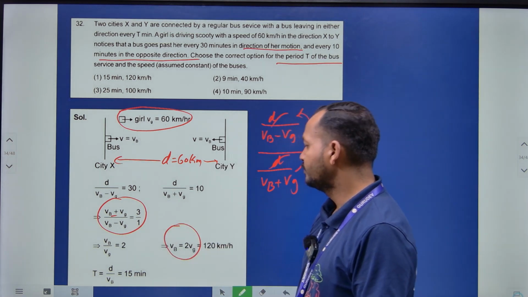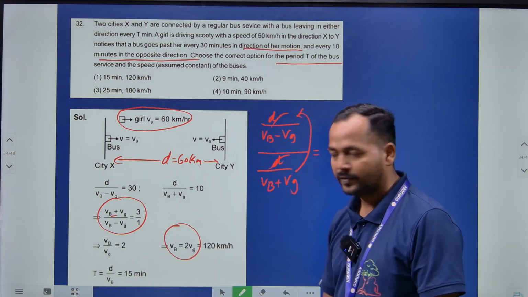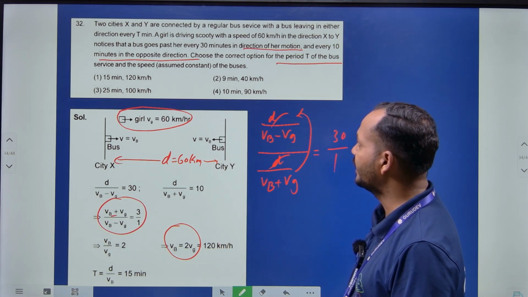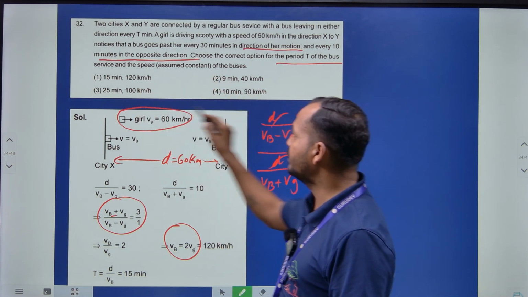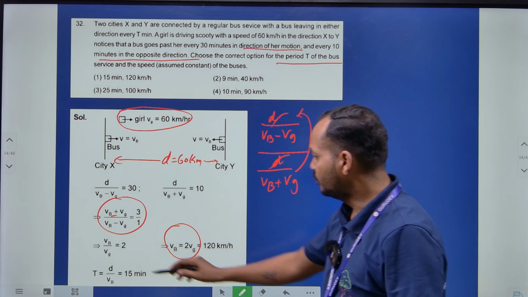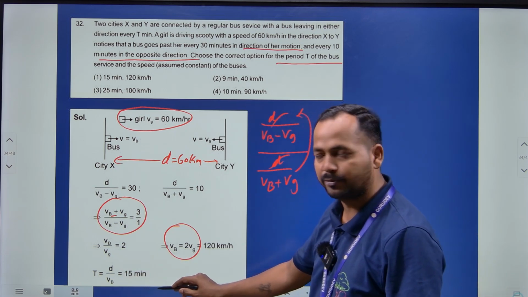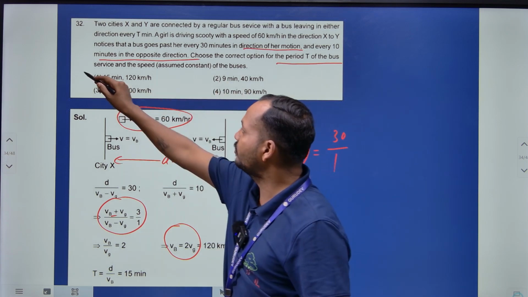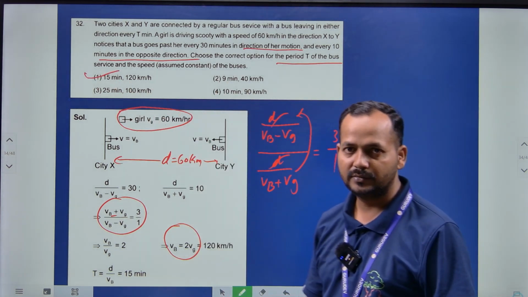देन वीबी इज इक्वल टू 2 टाइम्स ऑफ वीजी। तो वेलोसिटी ऑफ द बस क्या है, वेलोसिटी ऑफ द बस होता है 120 किलोमीटर, ये इन चारों ऑप्शन में देख सकते हैं आप, 120 किलोमीटर जो है वो ये है एक ही ऑप्शन, दूसरा ये कैलकुलेट करने की जरूरत नहीं है आपको, क्योंकि ये 120 किलोमीटर इन चारों ऑप्शन में सिर्फ एक ही है, तो ऑप्शन यही हो सकता है 1, ठीक है दोस्तों, यस।